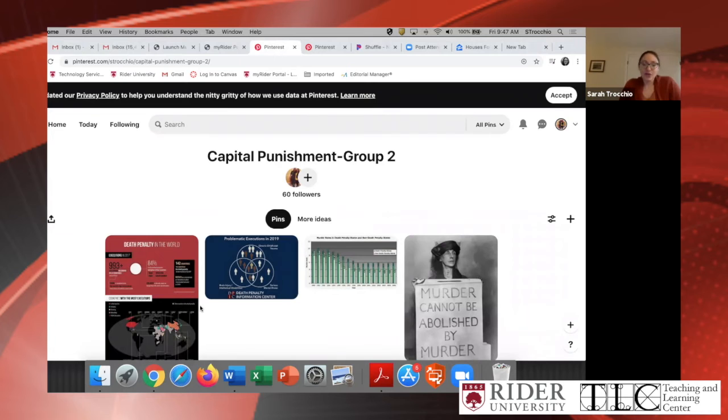And so what you could do is have groups work in small breakout rooms to create boards that are sort of like visual storyboards for how they understand and think of capital punishment or the death penalty. And they would just use visuals that were pinned to their board. And then one nice thing you could do is come back to the classroom and have students that were not in that group write a little written caption for what they think the story is that's being told on the Pinterest board.